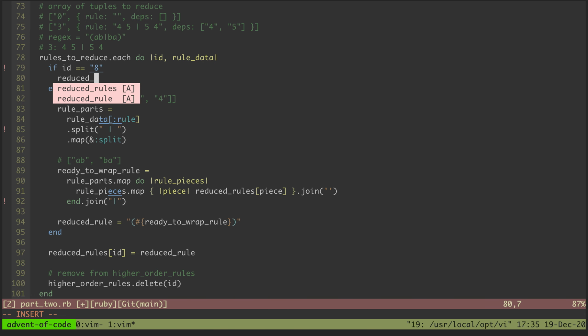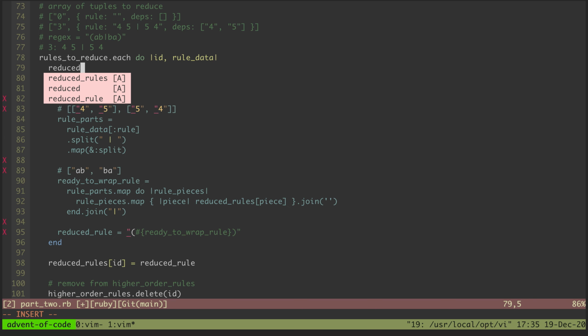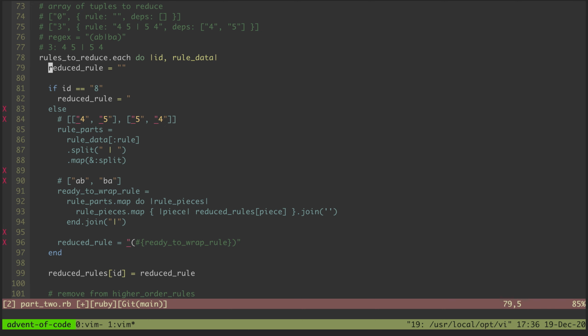Otherwise we say reduced rule is nil or something, just because we have to define that outside of this block. So anyway, the reduced rule could equal, I guess, yeah,